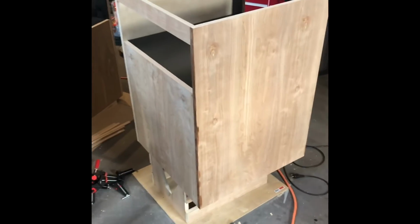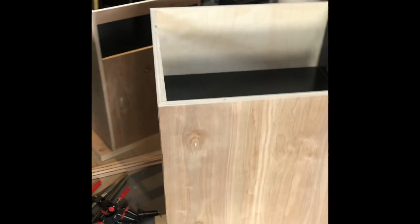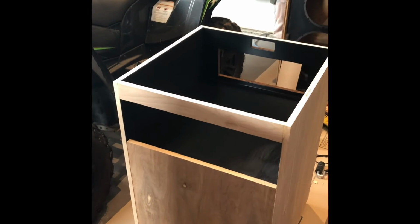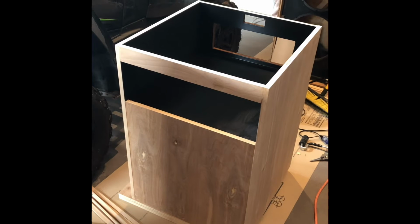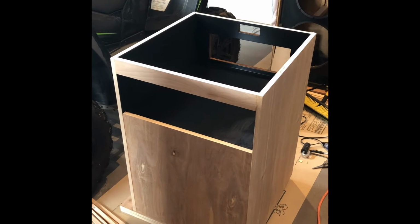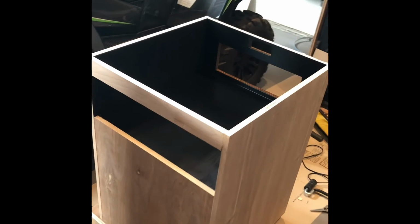So the reason I've got the tops off at this point is I want to take the opportunity to lay out all of the electronics inside, to make sure I get it right. So you'll see when I get to the crossover sections and so on, they're quite substantial in size and so forth. So I want to make sure I lay them out properly beforehand,